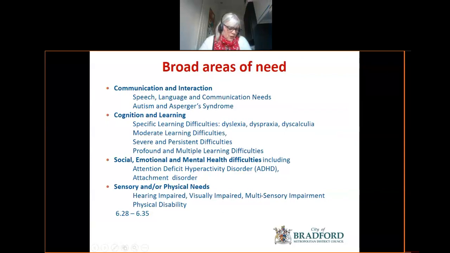In terms of provision, we've already indicated a pupil has a special educational need if their learning difficulty or disability means that they require provision which is different from or additional to that generally available. In these situations, the guidance indicates that schools and colleges must use their best endeavours to ensure such provision is made for those who need it.